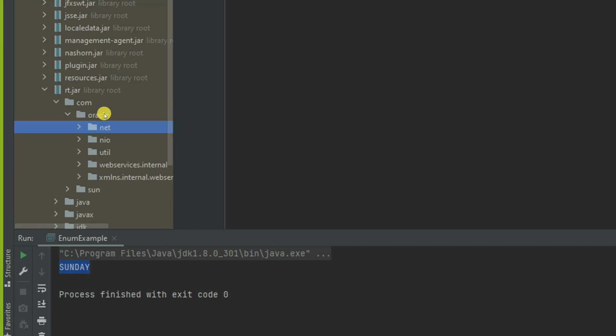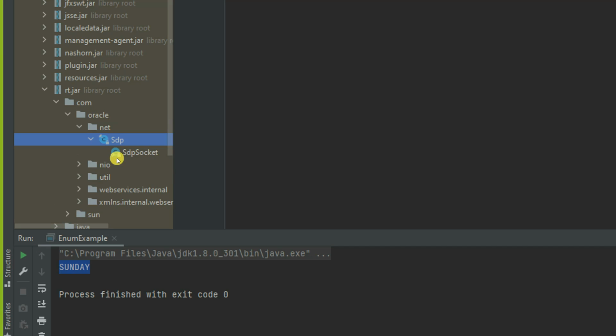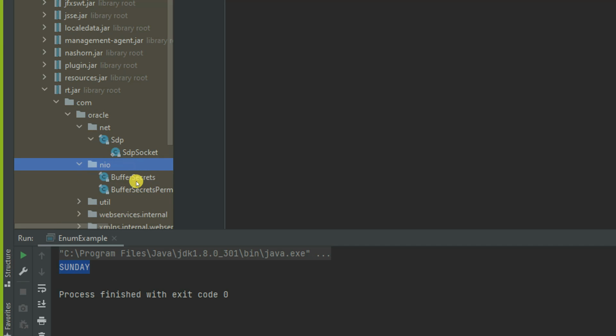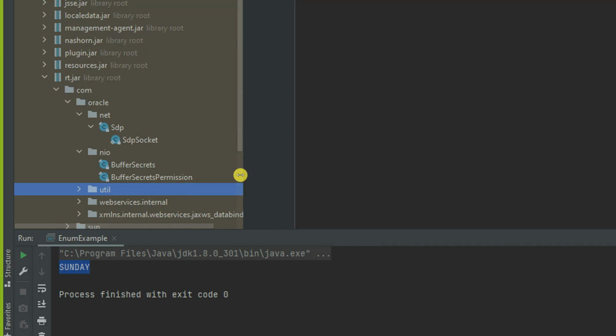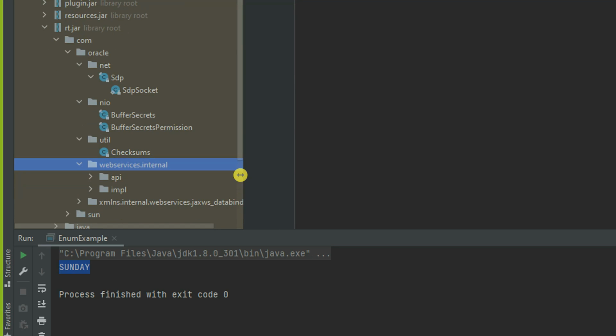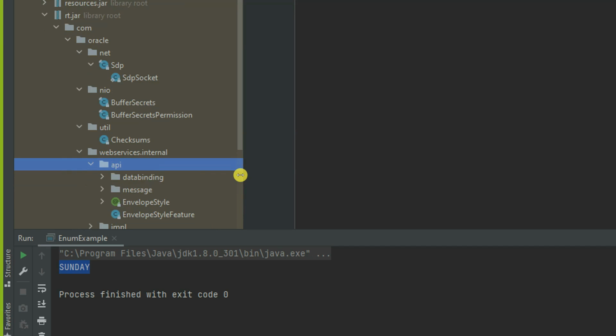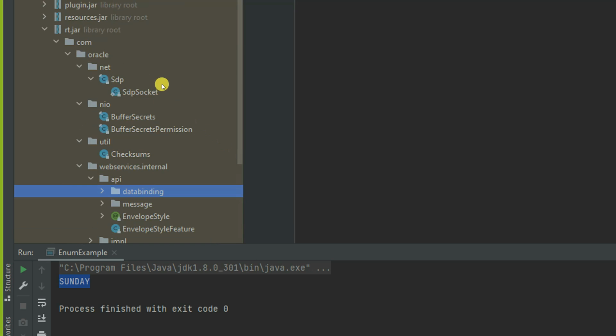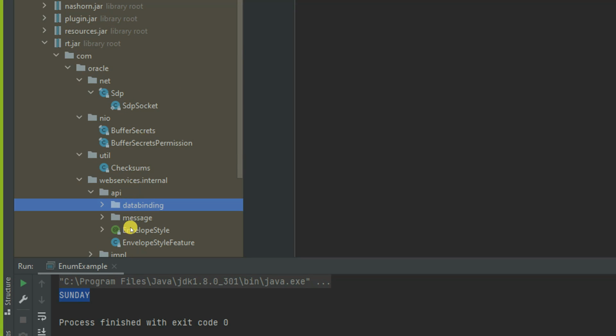The next thing is it has net, nio, util. Similarly in nio you see buffer, charset, then util has files, and again web services, internal, API and IMPL. These all are subfolders, and inside the subfolders it has files.